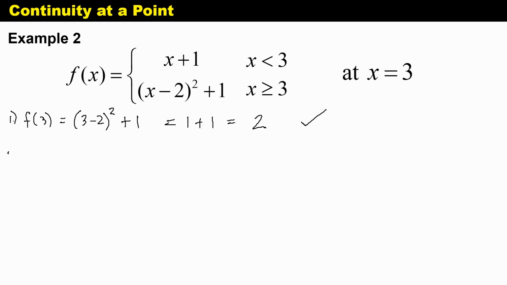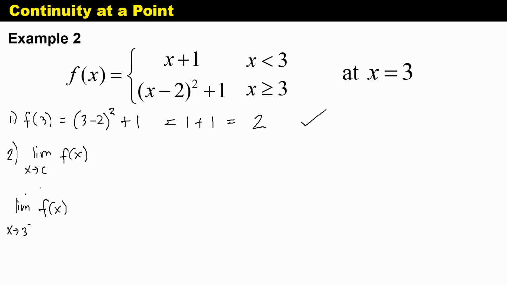Now let's solve for the second condition. Second condition says that the limit of f of x as x approaches c exists. Now let's try to solve for the limit of this function as x approaches c. Since this is a piecewise function, it's better that we solve this one by looking at the one-sided limits of this function. So let's solve first the limit of f of x as x approaches 3 negative, or values less